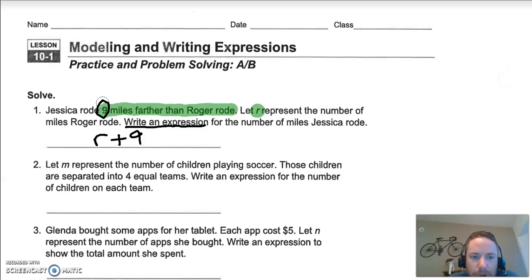Let M represent the number of children playing soccer. Those children are separated into 4 equal teams. When you see that word separated, I hope you think division. Write an expression for the number of children on each team. So a bunch of kids are playing soccer, and they are separated into 4 teams. Now that is the correct answer, but a better way to write that answer would be,